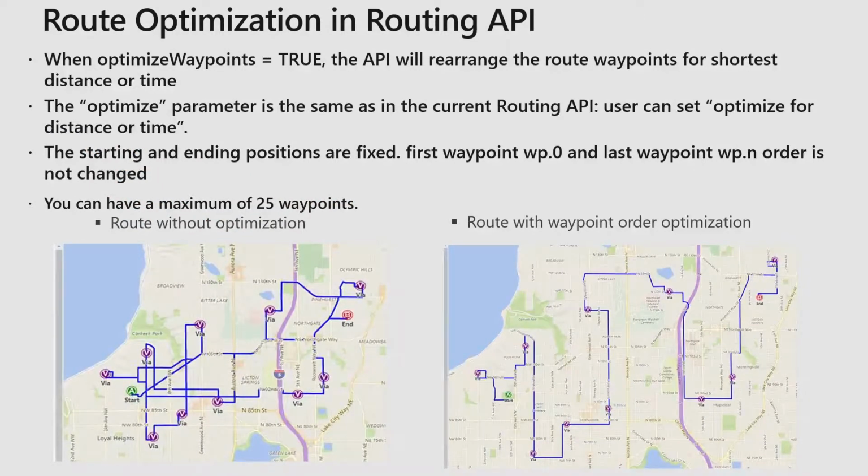So on to some new APIs. We just had a question about route optimization. Of course we've had a routing API out for a long time. You can pass in up to 25 waypoints to the API, and you would get directions back in the order that the waypoints were passed in. Now we've got a new optimize parameter, and with that it will basically reorder the points. And you can see here, the before and after. Obviously this route is not optimal for hitting those 25 points. But you're going to save about 20 minutes of driving after that request. So you can pass in the same up to 25 waypoints,